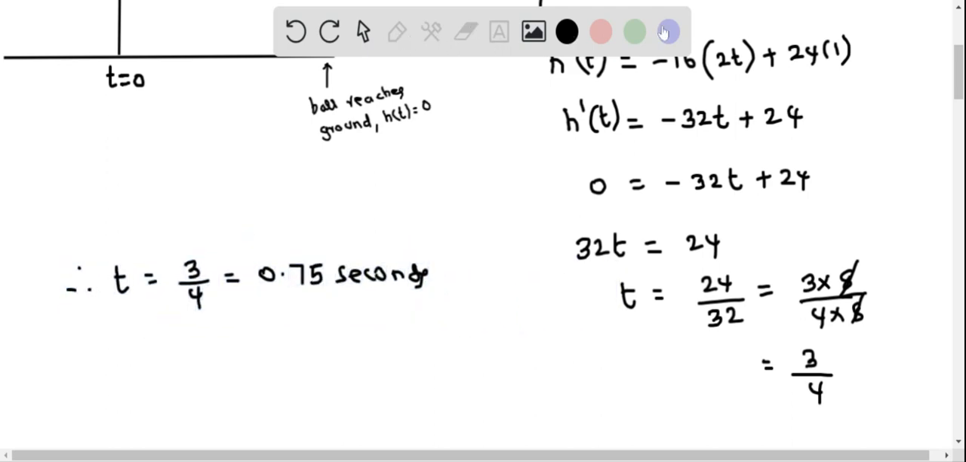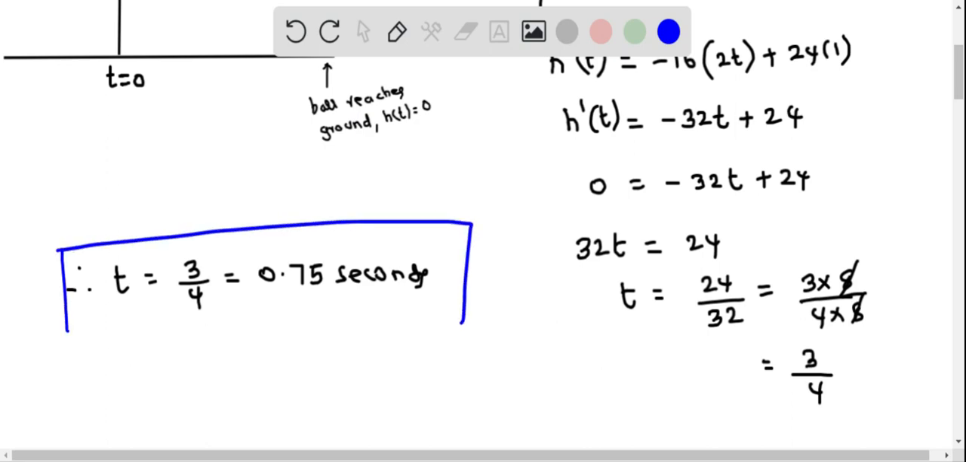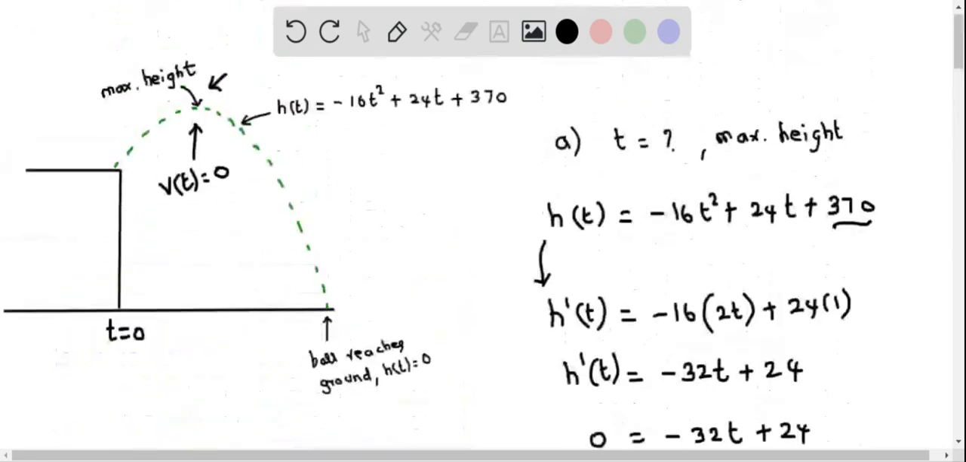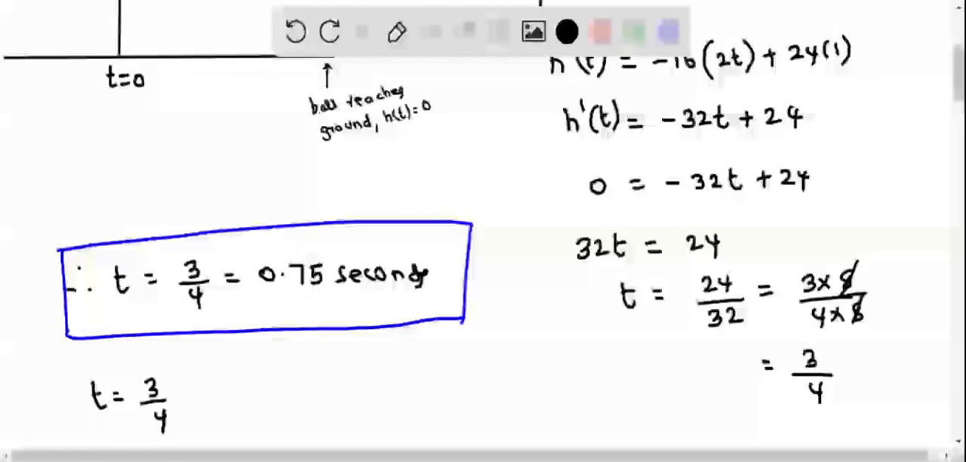So at t equals 3/4 seconds, or 0.75 seconds, the ball reaches the maximum height. Now let's determine the maximum height. For that, we have to plug in the value of t equals 3/4 into the height function. So let's do that. We copy the height function, which is